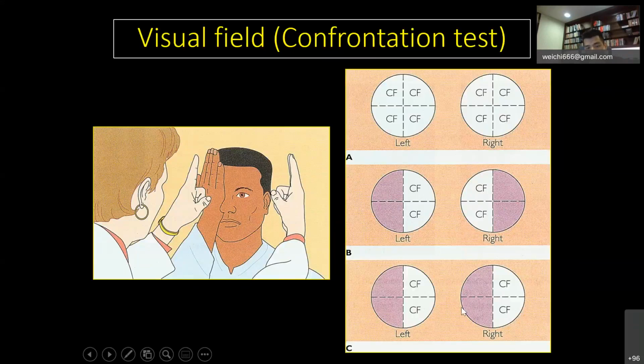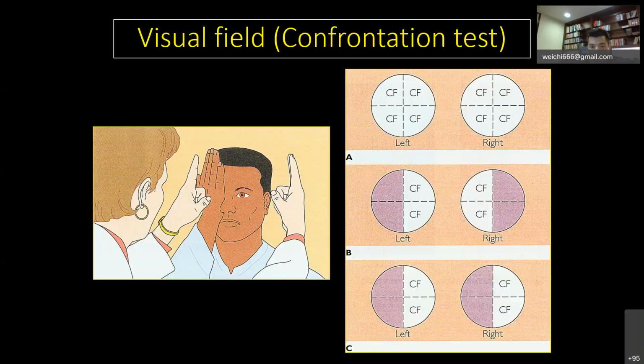And how about here? This is different. For the right eye, you can see there's a defect in the nasal side, and for the left eye, you have a defect at the temporal side. So in the right eye it is nasal, in the left eye it is temporal. So we call this homonymous hemianopia. This is an indication of a lesion in the